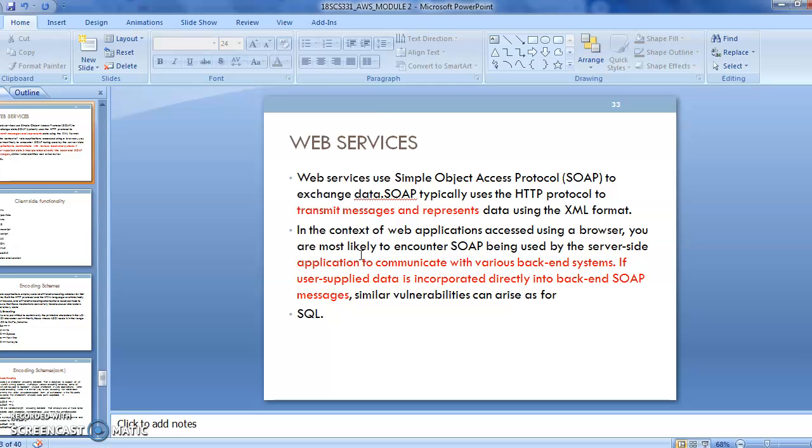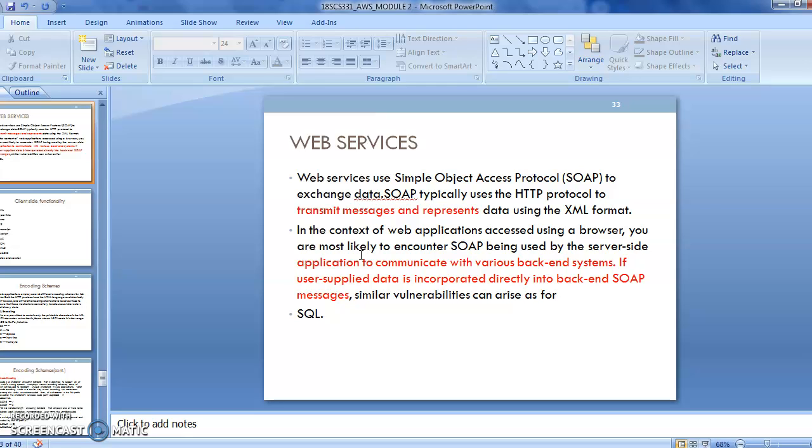Then web services. Okay, the most commonly used application protocol is the Simple Object Access Protocol. During the transmission of data from the client to the server, in order to access the data in between, we make use of SOAP, which is embedded with XML format.